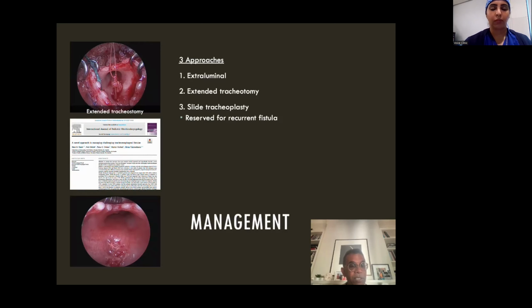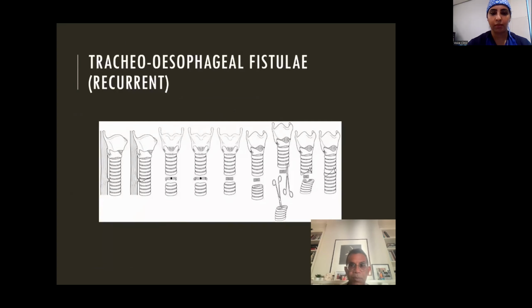And during the procedure, an endotracheal tube is placed in the distal airway, enabling ventilation. The slide tracheoplasty approach for treating fistulas was pioneered by my colleagues at Cincinnati Children's Hospital, Matt Provenzano and Michael Rutter, who you would all know of. And in this procedure, the recurrent fistula is approached externally, the trachea transected, folded, and the fistulous area of the